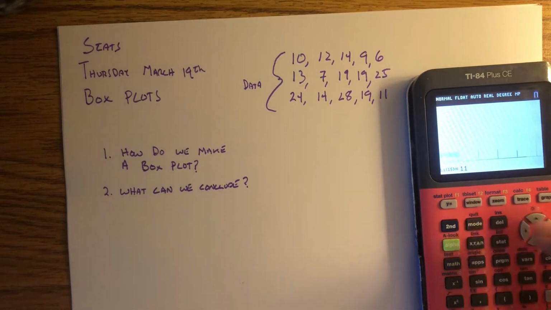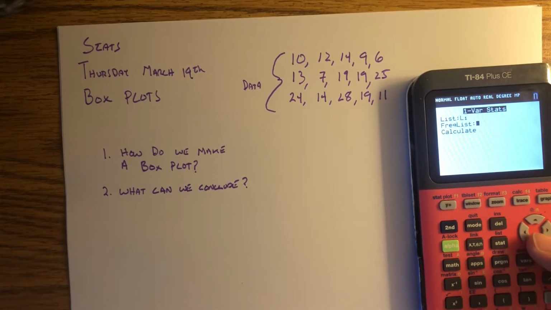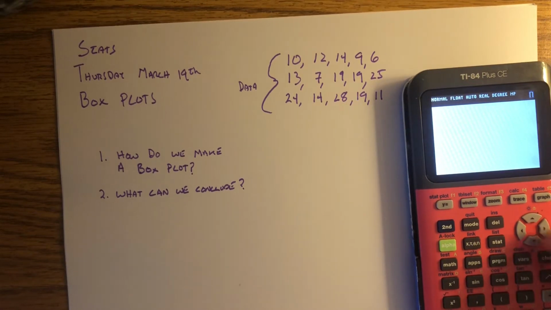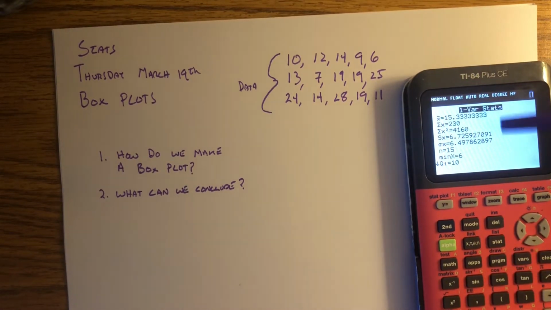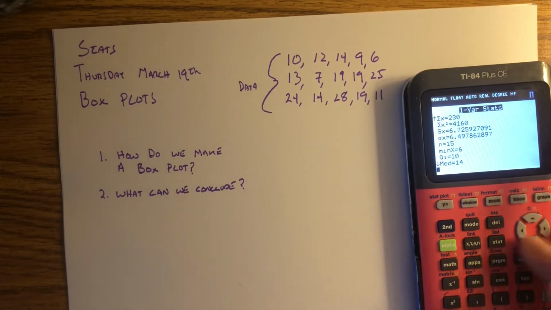So remember, like we did yesterday, we can go stat, calculate one variable stats. We want to leave our frequency list blank for this one. And we want to go ahead and calculate. So here it's saying the mean is 15.3 repeating. These are our standard deviations, 6.7 and 6.49. The one that we normally use is the 6.7, but we'll talk more about that as we talk about the